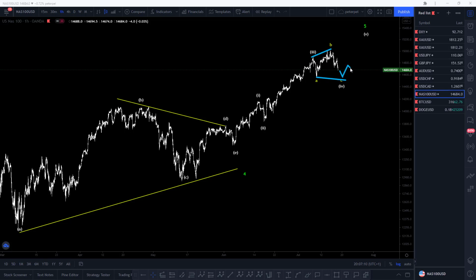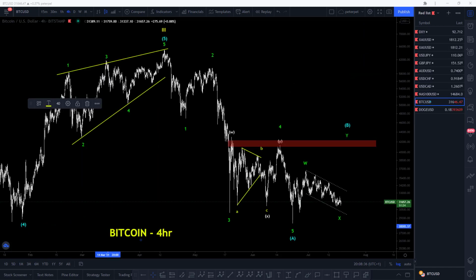The last coin we'll be looking at is Dogecoin. With Dogecoin, this is what I'm looking at, a possible WXY for wave 4, and without XY we are having an ABC with wave B being a triangle of an ABCDE. Then now I'm looking at this particular trend line, which has been very strong as resistance. So I'm only interested in going long when we break out of this particular trend line, because once price is below the trend line, it can keep on pushing down and even break this particular